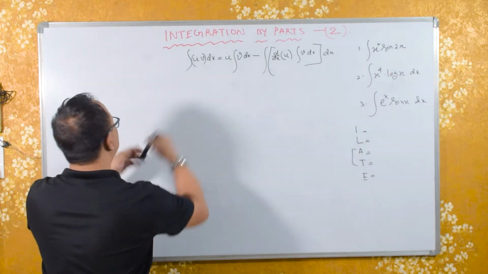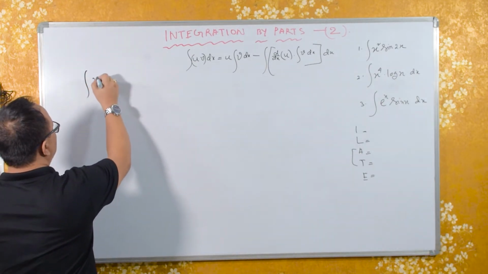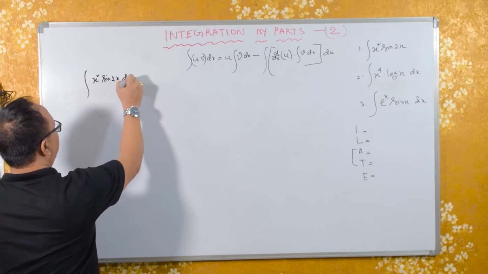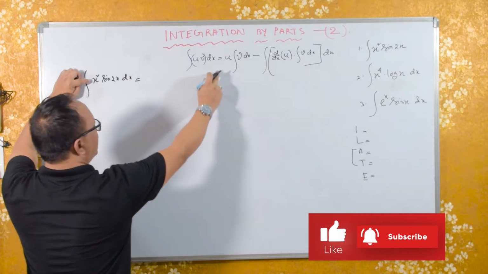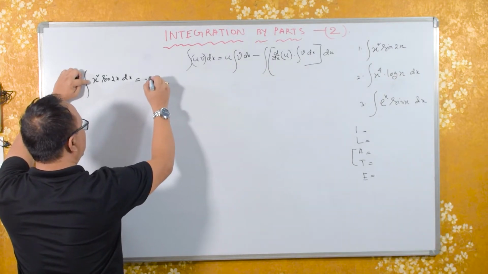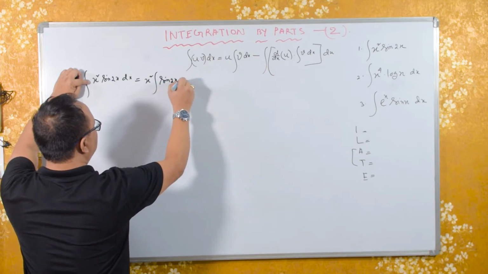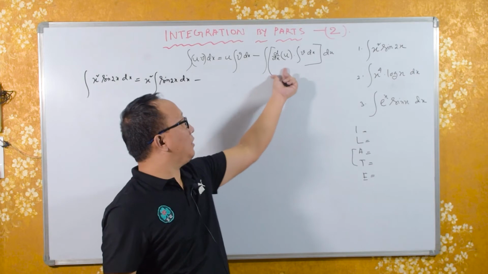Applying this formula, the integral of x square sine of 2x dx is the same as x square as the first function, that is u, x square, integral of sine of twice x dx minus